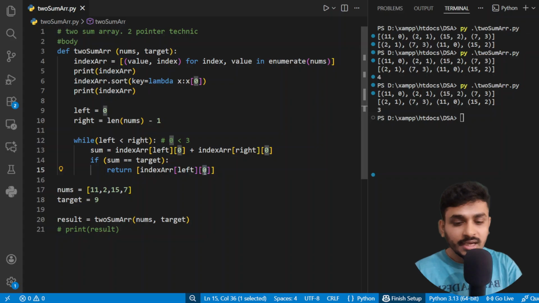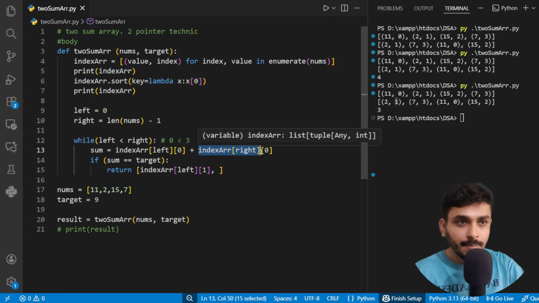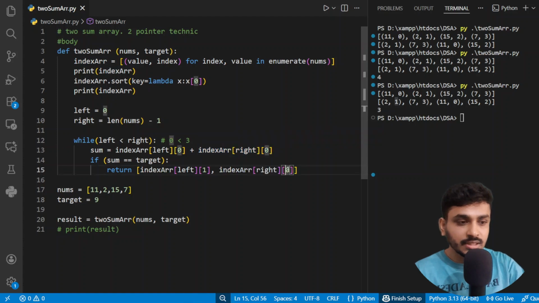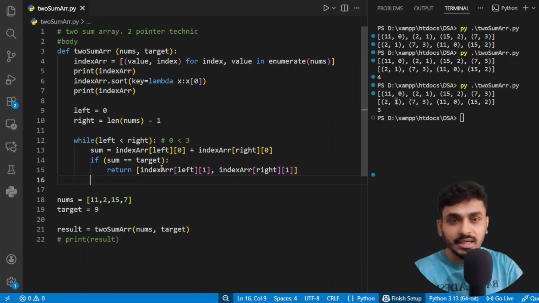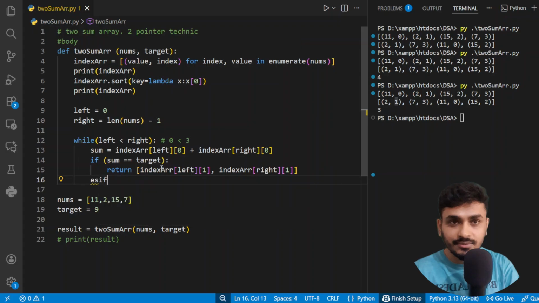Providing 0 gives the value, and if I write 1 then I get that tuple's position. Again the left index holds this tuple, and now the summation and target are equal, so I need the position, so I have to write 1 here. And give a comma, and another one will be written here, which will be 1 also. So if equal, and if not then else if